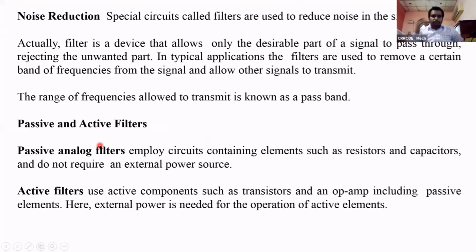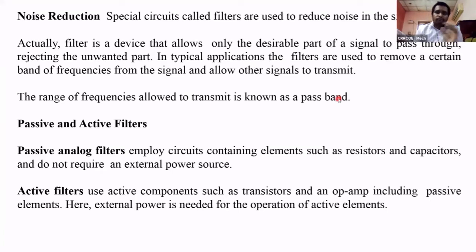Next one is filters. Now we see the filters. We are getting the output from the sensor. Some measuring input comes from the sensors, and that input has a certain frequency. If the signal is moving in an environment with electromagnetic waves, definitely some noise will be added to this signal.